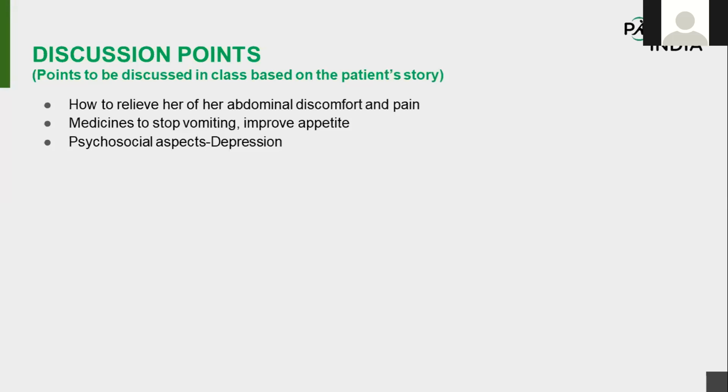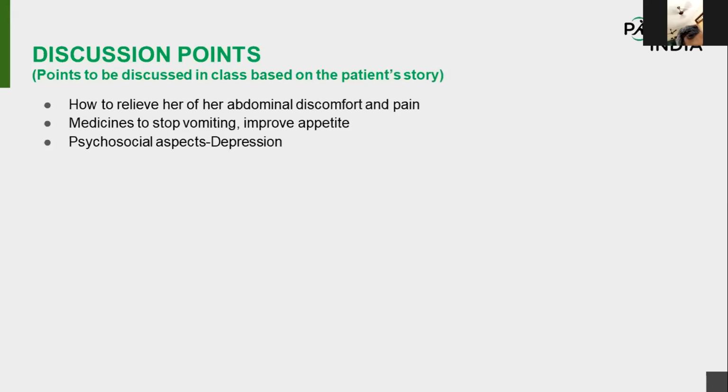But if it was not controlled with metoclopramide, then I would go much deeper, asking more about whether it was giving relief after vomiting. Sometimes they may say the initial first few spoons I was okay, but the moment I take more than 3 spoons, then I start having distension and then vomiting. So then I would ask more questions like that. How much can you tolerate at a time? Is it the consistency of the food, or is it acidic fruits causing vomiting? Because the vegetables might be really bland. There is no sour or sweet taste. So I would ask more questions if it were not controlled with metoclopramide.